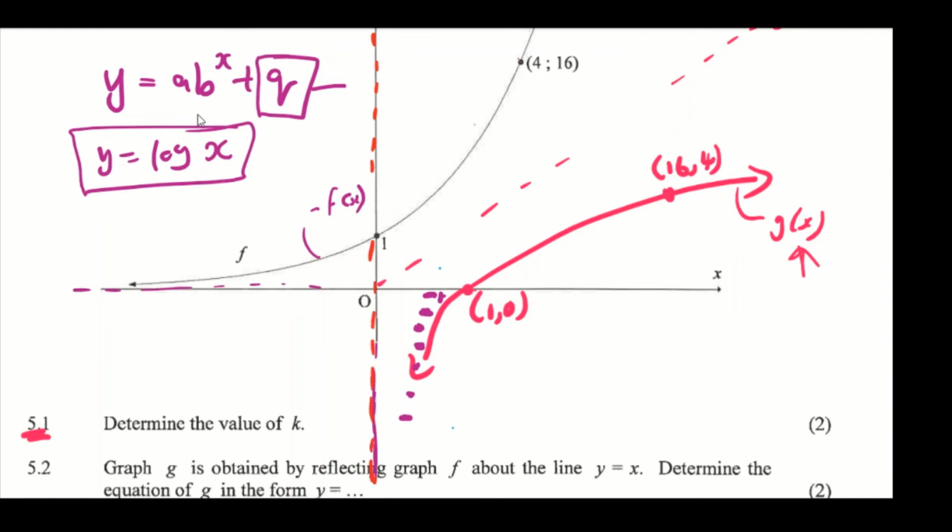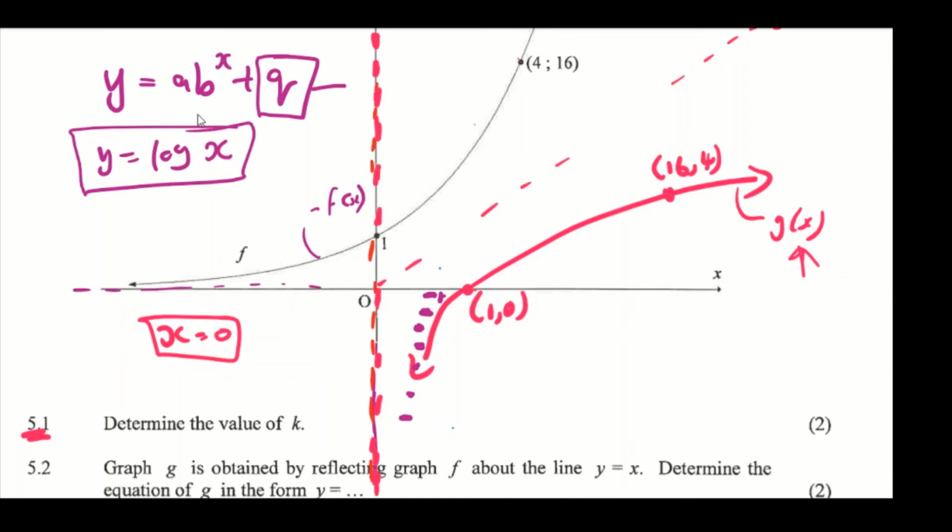So this graph of g won't touch this asymptote, right? So this asymptote is at y equals 0, yes, sorry, it's at x equals 0. So x equals 0 at this point, right? Yes, because this is the y-axis, so x is 0 at the y-axis, right? So it's not really touching the